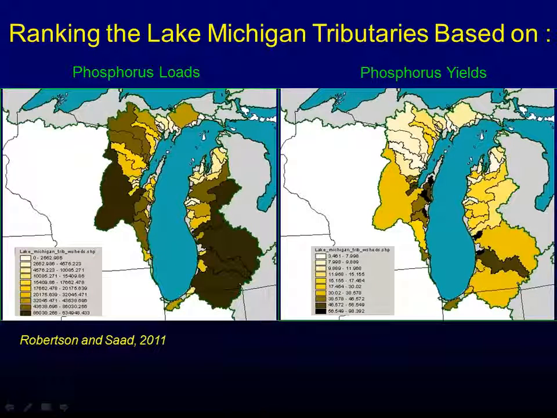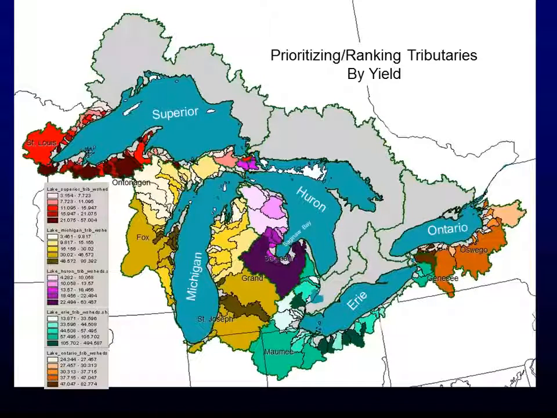But another way to look at that is on yields. Right now I just did it on tributary, and we can see where the highest load per unit area is coming from. And those are the ones that, if you want to come up with demonstration projects, these are probably the areas you want to pick, because they have the highest load and the potential for the biggest change. I didn't show it here, but we could also go into the Fox River using the individual SPARROW catchments and then rank those. And we do have tools online that allow you to do that now.